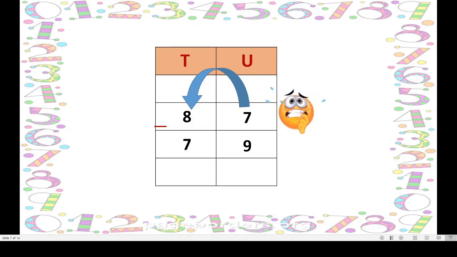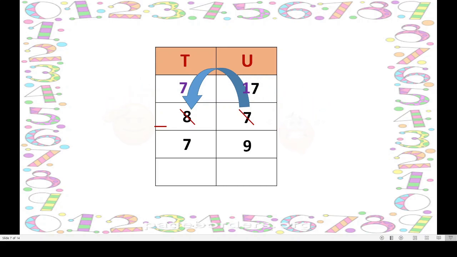And what does the 8 do here? It unties into 7 and 1. Together make 8, isn't it? 7 remains in its place and 1 goes to the unit place. 1 ten means 10 units. Remember this. And here in the tens, how many remained? 7 remained. Isn't it? Now here already 7 singles are there. 10 units plus 7 units together make 17 units.